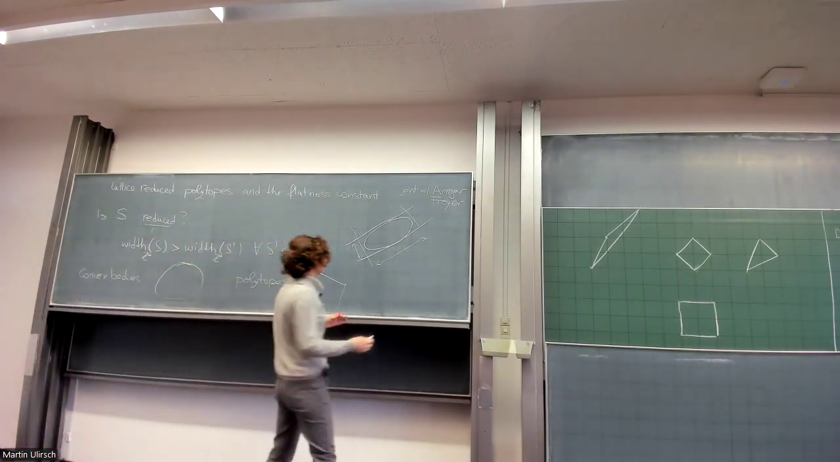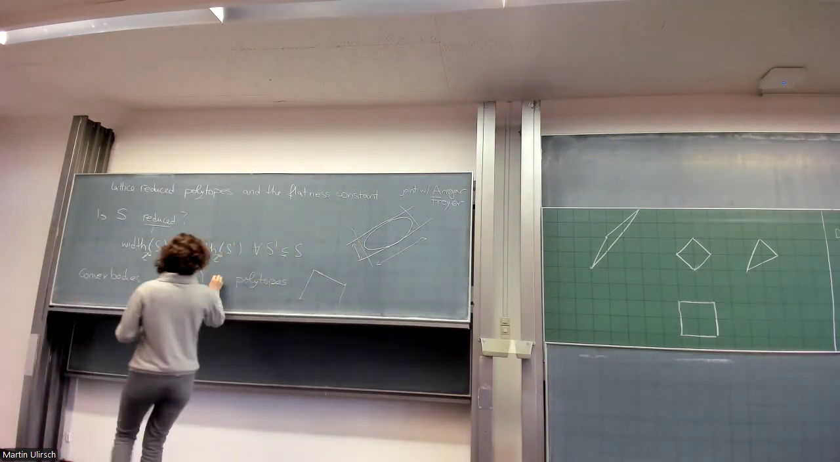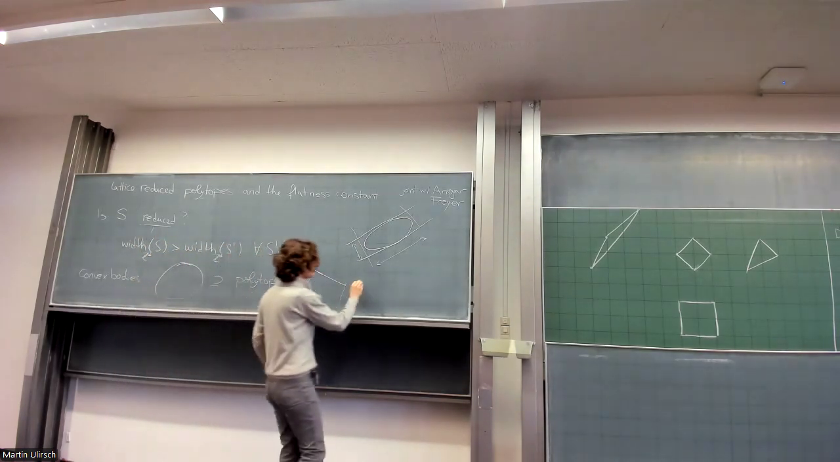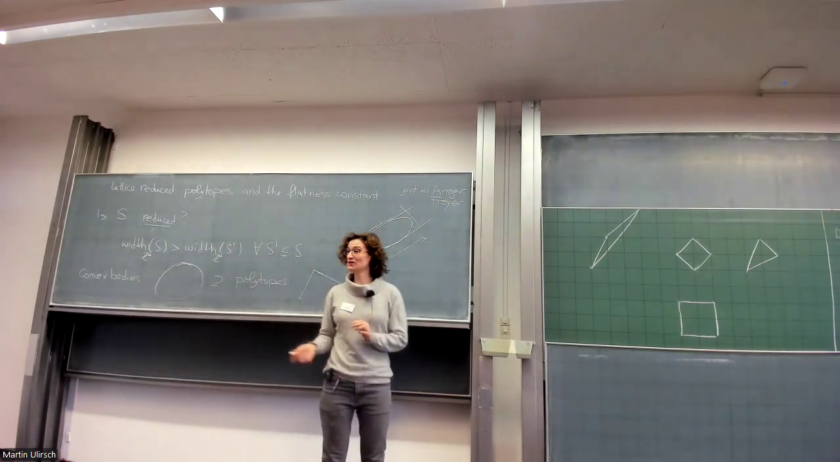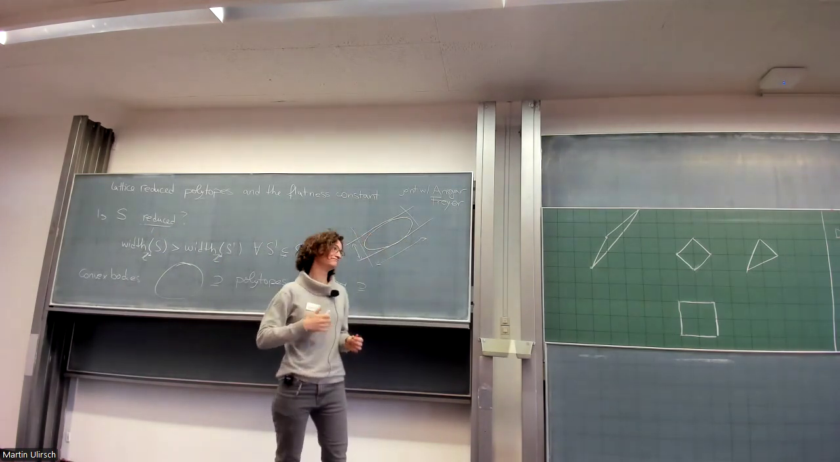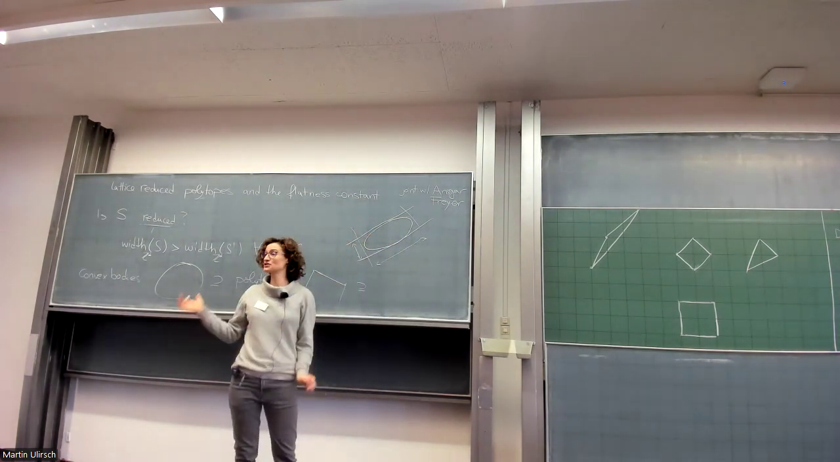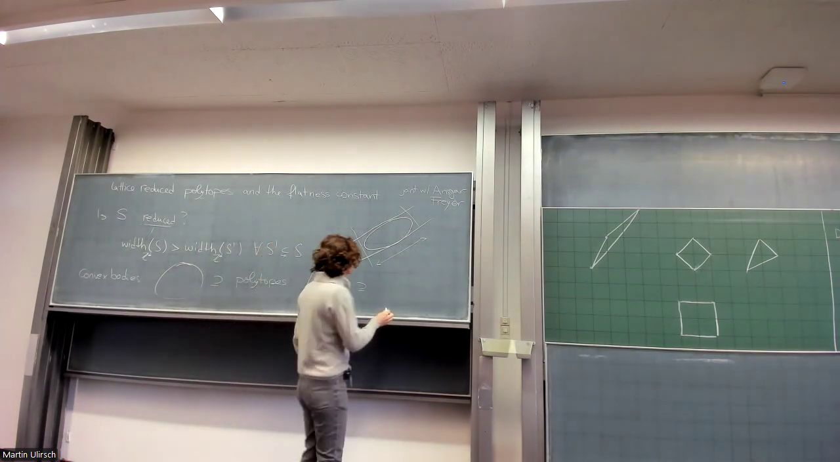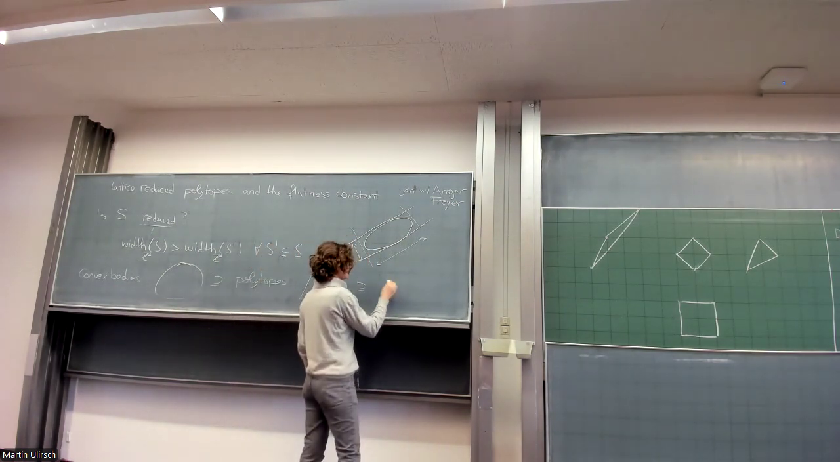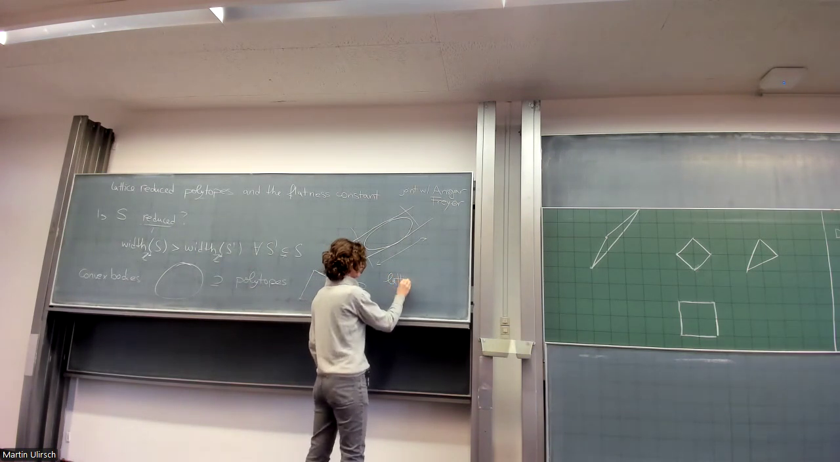Then we have a more restricted class. So this is the bigger class. Then we have polytopes. And then we have lattice polytopes. So in this talk, we'll mostly just think about the integer lattice. That just means the points with integer coordinates. So here we say that a lattice polytope,